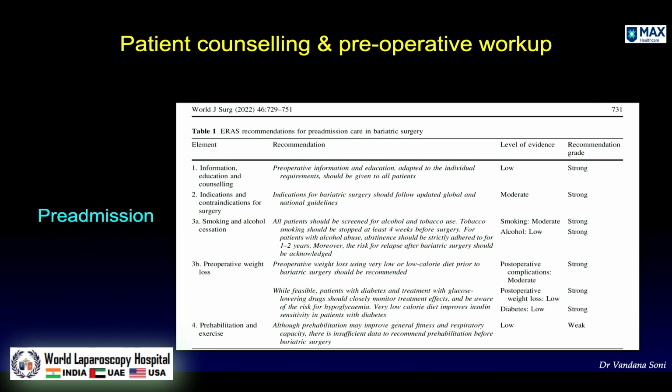A patient who is in a weight gain will do poorly. This is something which has been documented over several studies. So that is the basis behind starting the patient on a very low-calorie diet, because it helps surgically not only by decreasing the size of the liver, but also in the overall weight loss of the patient.